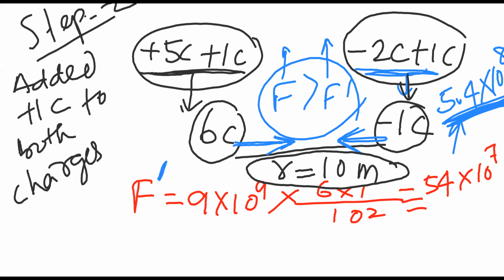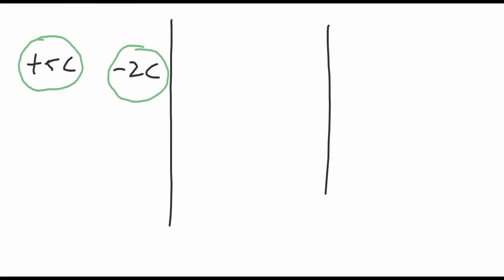Okay. So now let me go to a different concept. Please keep this in mind. Suppose there is a plus 5 coulomb and a minus 2 coulomb charge. Okay, Kaushal, I'm repeating again. If a plus 5 coulomb and a minus 2 coulomb charge are there, then the force between them is attractive.